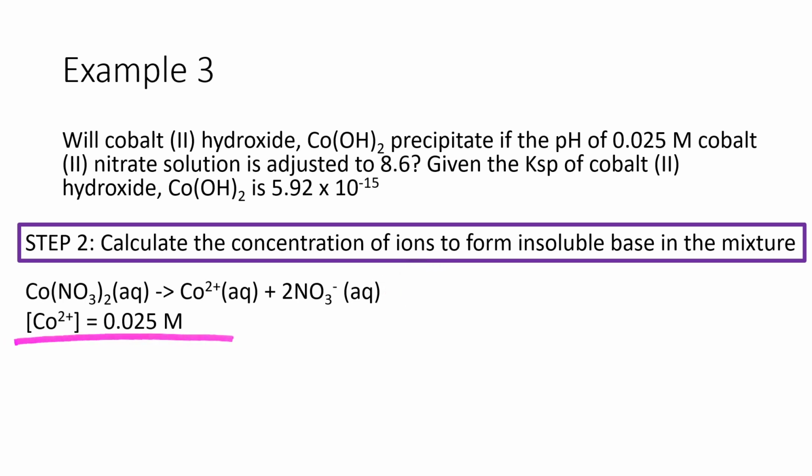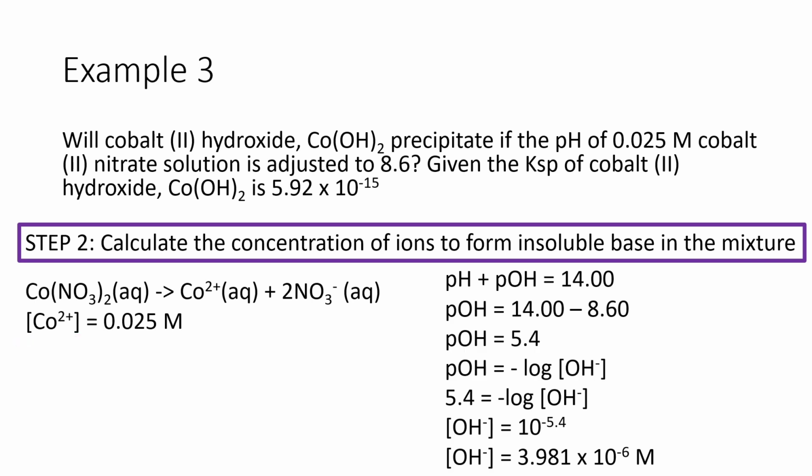which is equal to 0.025 molar. To determine the concentration of hydroxide ion, we can determine it from the pH. We know that pH plus pOH is equal to 14. pOH therefore is equal to 14 minus 8.6, to give us pOH as 5.4. To calculate the concentration of hydroxide ion, we must know the relationship between pOH and the concentration of hydroxide ion. pOH is equal to the negative log of the concentration of hydroxide ion. Therefore, to determine the concentration of hydroxide ion, we just need to equate it to 10 raised to the power of negative pOH, which is 5.4, to give us a hydroxide ion concentration of 3.981 times 10 to the power